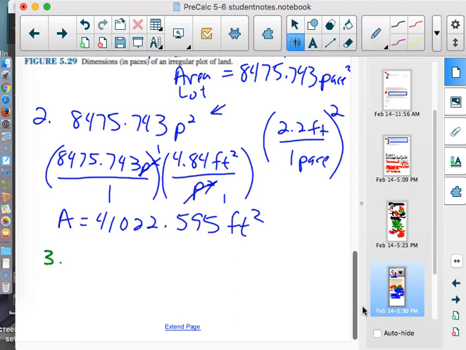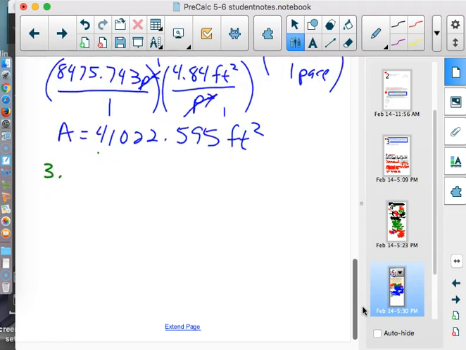And that's what they're going to have us do in step 3, is to say, okay, now, if there are 5,280 feet in a mile, now convert this into square miles. Okay, so let's do that. We have square feet over 1. I better rewrite it. Again, I don't want anybody that's just looking at the notes later to wonder where on earth